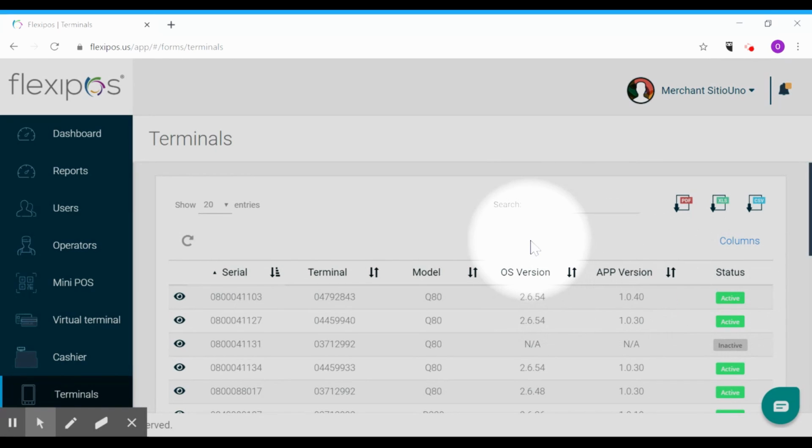And remember, you will be able to download all the information from reports, users, operators, and terminals in PDF,